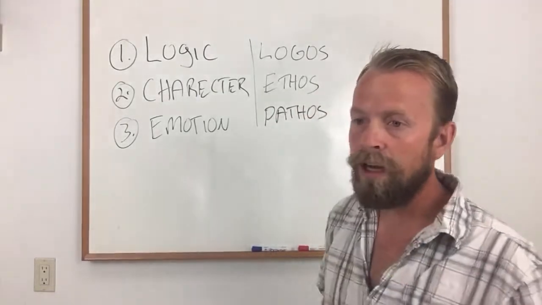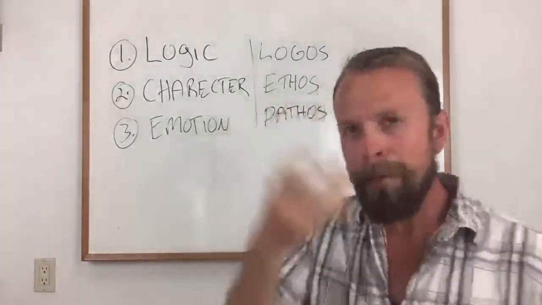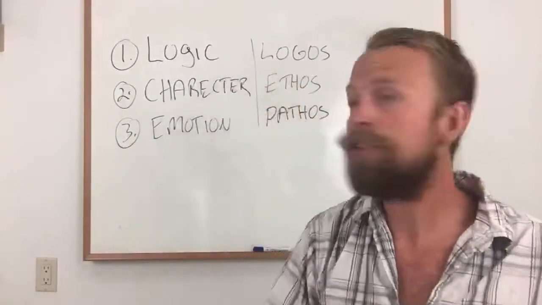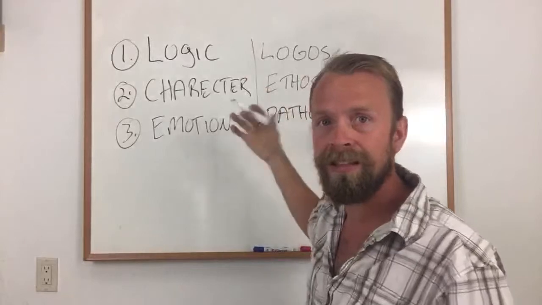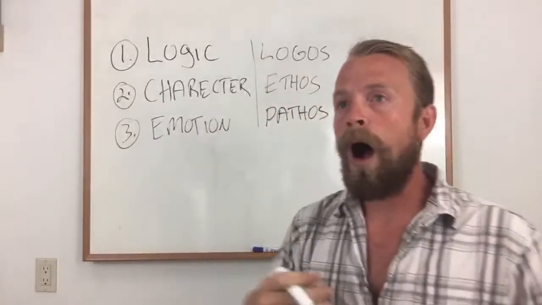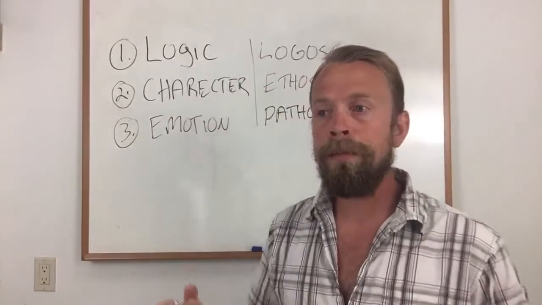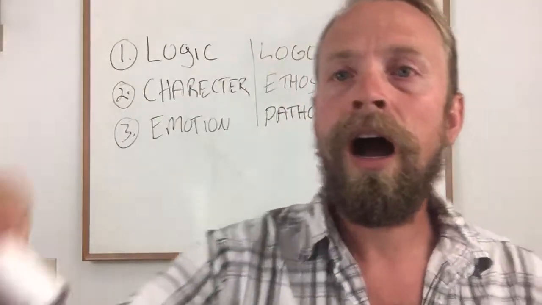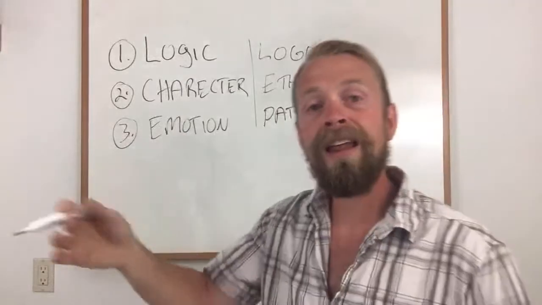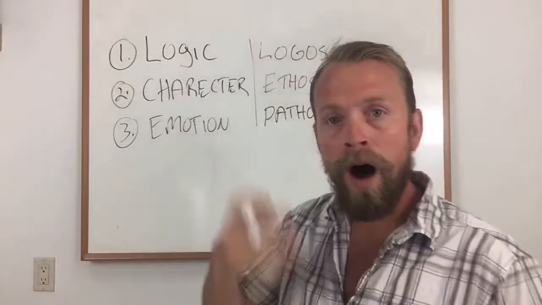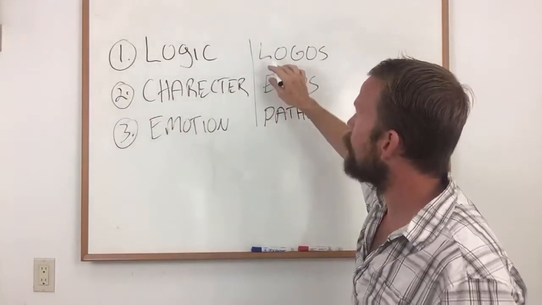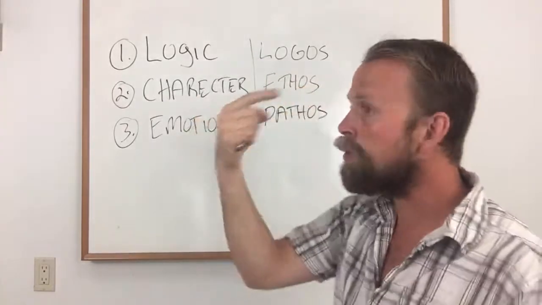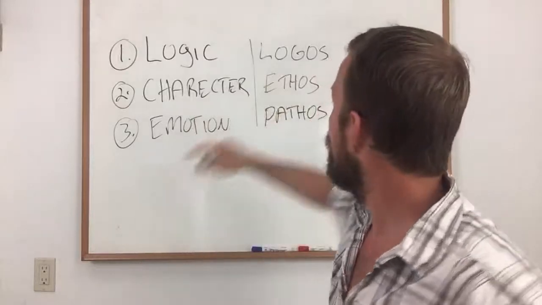And so when we study the tools that we can use to memorize this, let's just think about it, guys. When you're in a conversation, it's really difficult to remember these things. The way that our minds work and our ability to remember is we have spatial memory. And so we can tie that spatial memory to our body to help us remember. So when we think about logos, using the argument of logic, that's our mind. So tie logos to your mind.